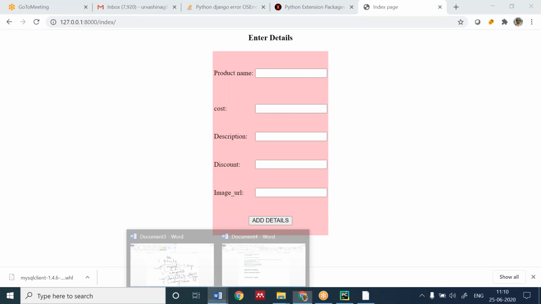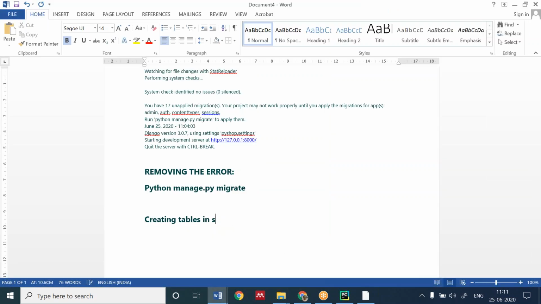One thing more before that. Before moving on to SQLite, I would like to show you how to create a form using Django. First we will be doing this, then we will move to SQLite. SQLite we will do after that, which will be the better option. Firstly, I would like to show you the form in Django.